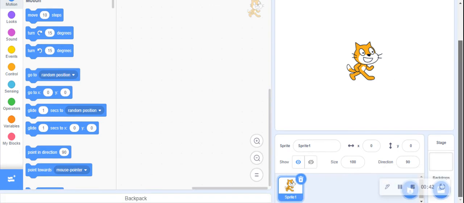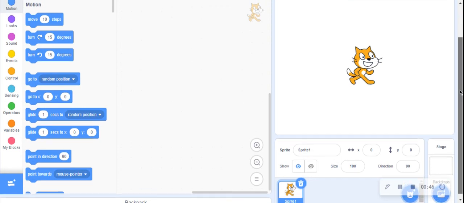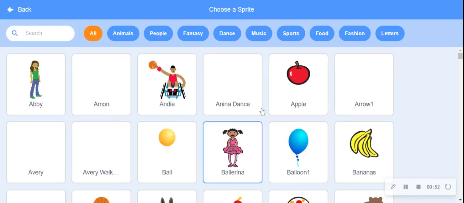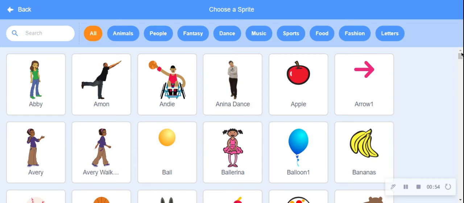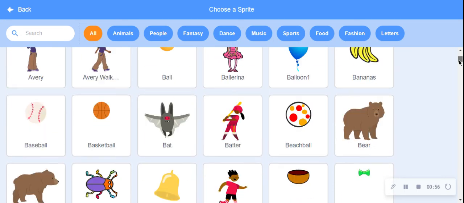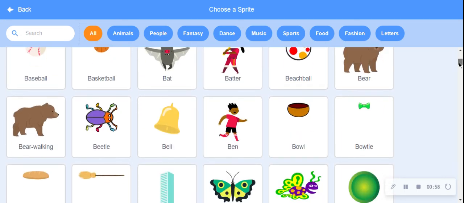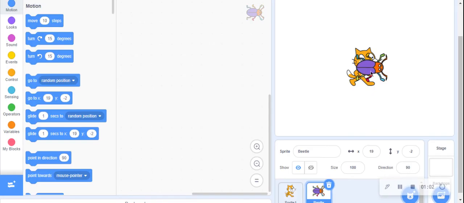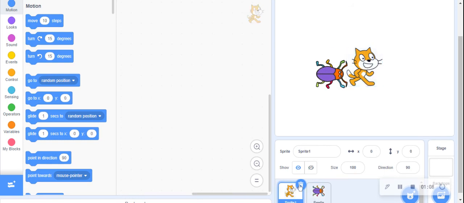So first, you can level and whatever you want. I want beetle. The scratch cat.